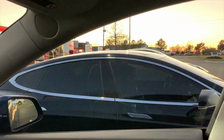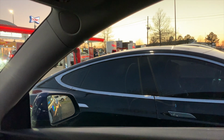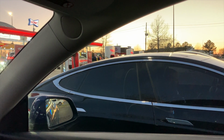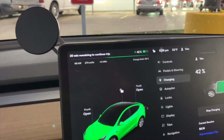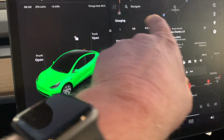Well, Lake Charles Supercharger is not happy. There's 6 stalls. 2 of them are being used. I was behind 2 cars waiting. When I asked them, they said those cars back there, all the other ones were broken. And I said, well, this one's not hanging. Do you mind if I try it? I only need 15 minutes. And sure enough, they said it's fine. You can try it. And now it's working. So I'm going to let them know. And maybe I can get my 15 minutes so I can continue on to